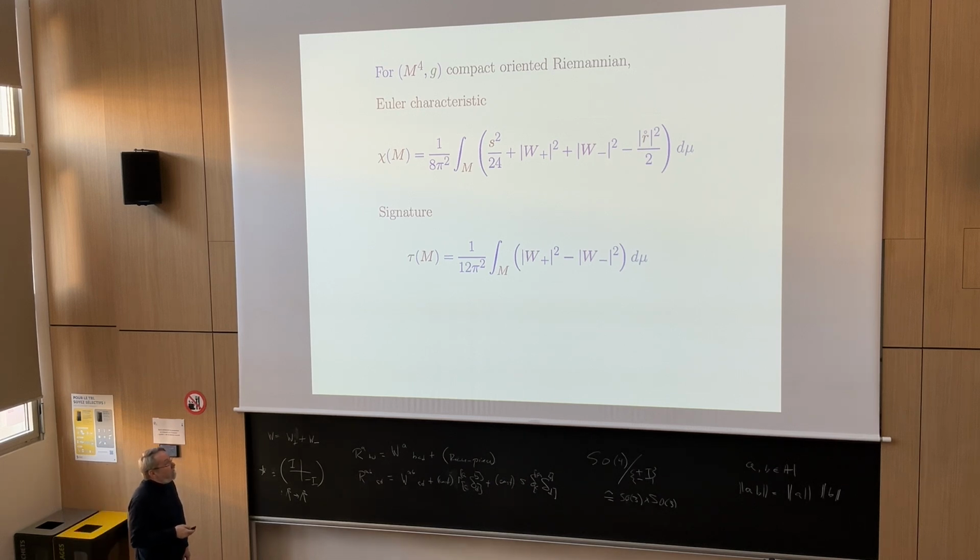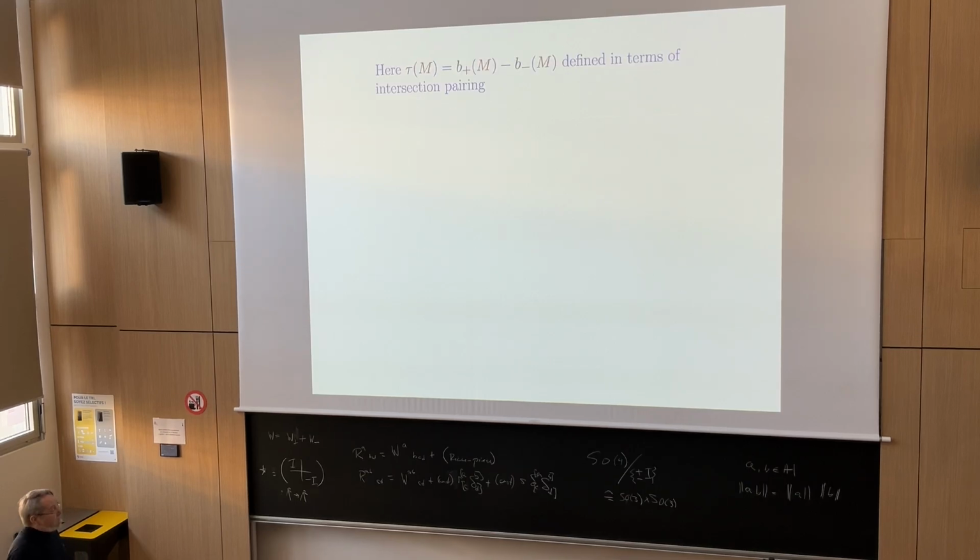So you can actually then extract from that, although they did not actually put it in this concrete form, a way of expressing the signature of the four-manifold in terms of just an integral involving the self-dual and anti-self-dual Weyl curvatures. What is this signature? Well, it's the difference between the invariants so-called b plus and b minus. You can find this in terms of the intersection pairing on the second cohomology